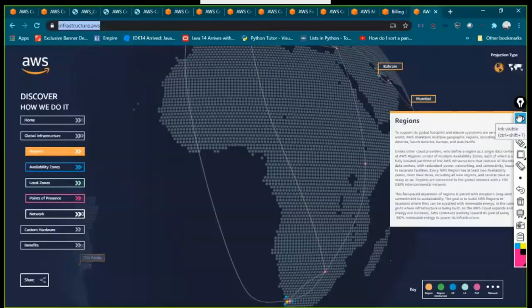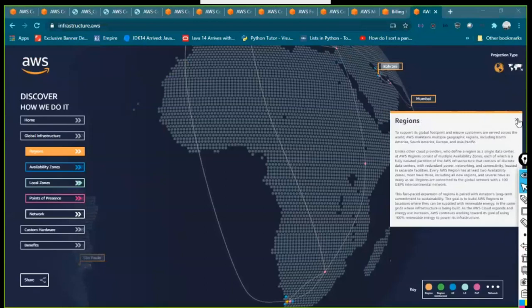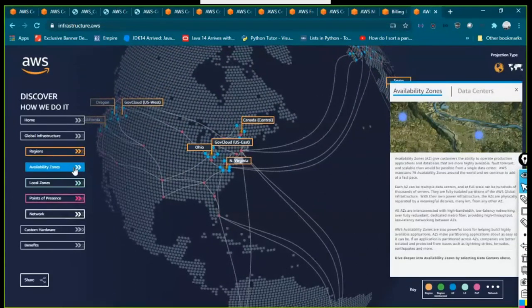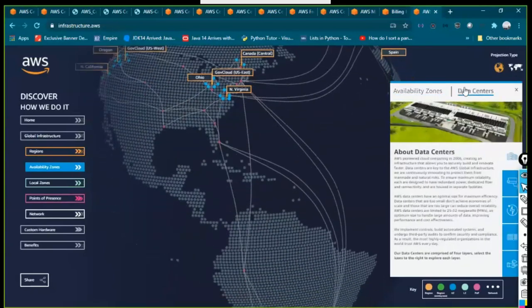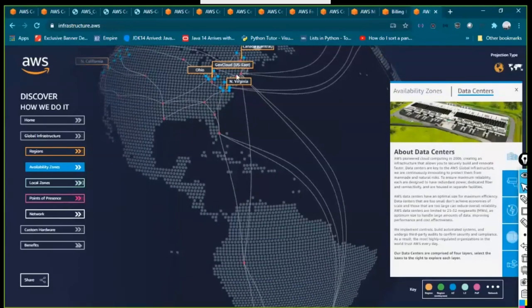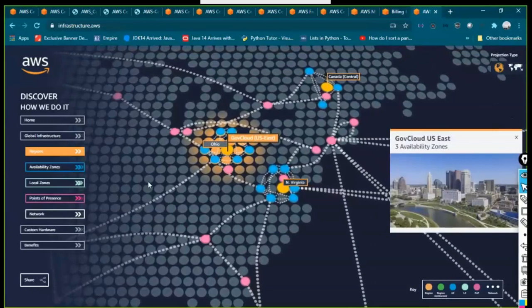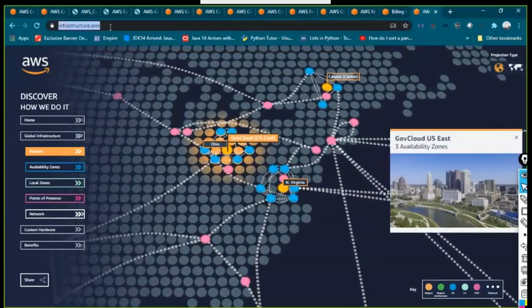So I would like you to explore these regions and availability zones, and what an availability zone is doing. How AWS is more resilient, in terms of fault tolerance and high availability. You will gain all the insight into that information. The availability zones are there, data centers are there, and the information about the data centers is also gathered from this interactive tool. This is something which you have to explore and learn. Get a basic understanding of what all these regions are. See, all the data centers are interconnected and running live.